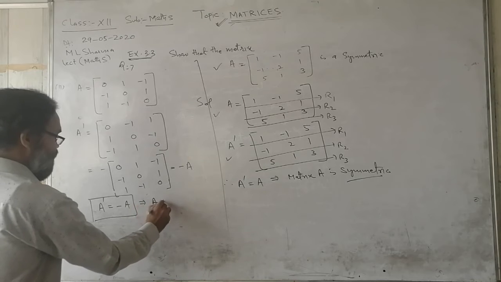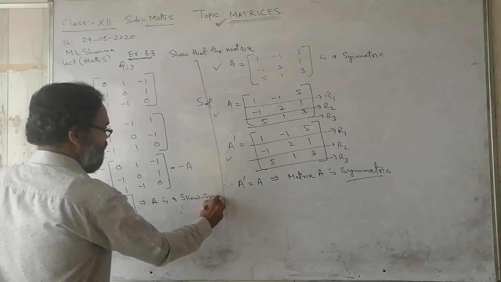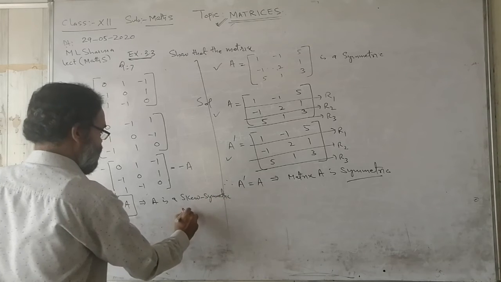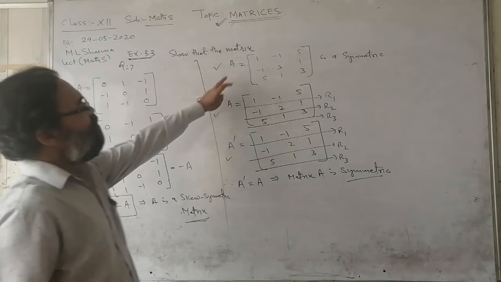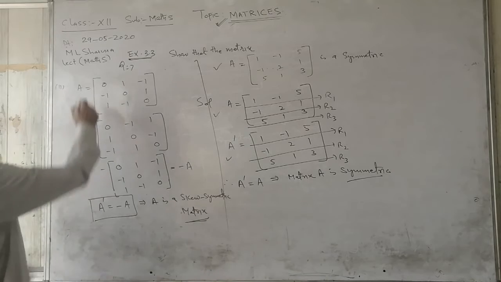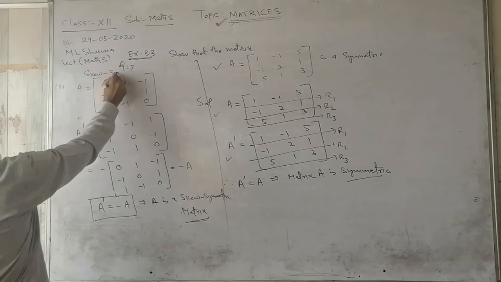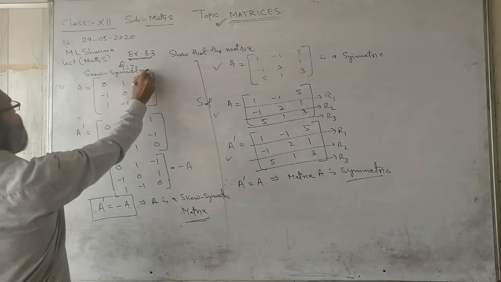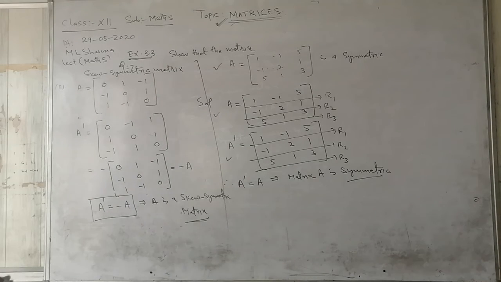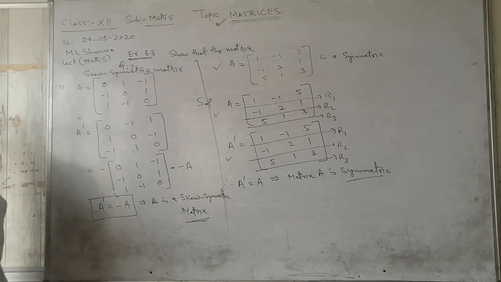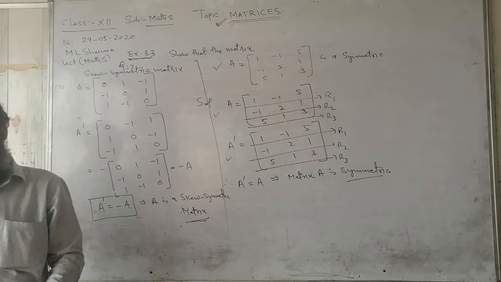This means A is a skew symmetric matrix. In part first, we had to prove this is symmetric, and in this part, we had to prove it is a skew symmetric matrix. So this was question number 7 of 3.3 exercise. So next question 8 says